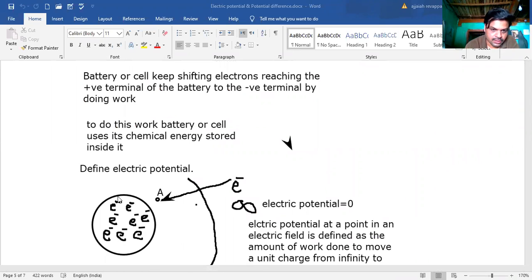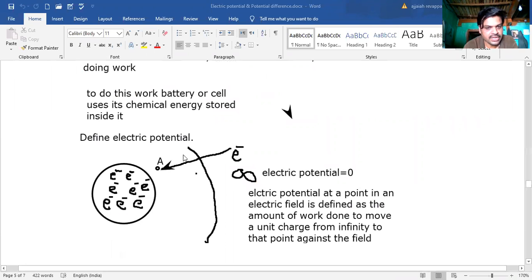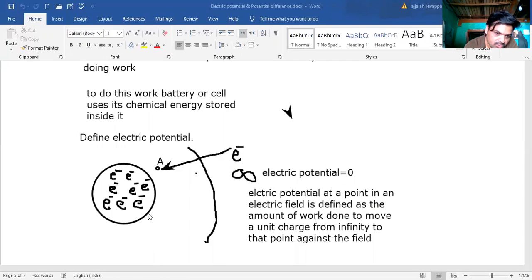See, here there is an electron cloud, like electrons present near the negative terminal of the battery. There also we will find a large number of electrons, that is the electron plate. Here is the electron cloud. Because of this electron cloud, there is an electric field. So what is an electric field? You can easily understand by observing this figure. Because of these electrons, there is an electric force all around this cloud. This is an area or region where electric force is felt. That is called an electric field, like a magnetic field.